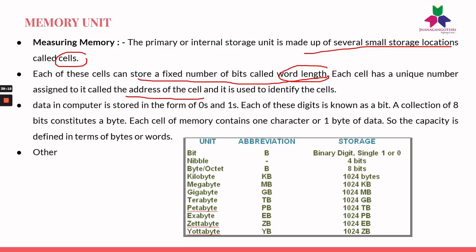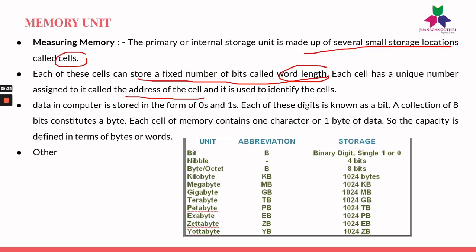So basically, a memory is like a large cabinet which contains as many drawers as there are addresses in memory. Each drawer contains a word, and the address is written on the outside of the drawer. This is an example relating memory to a real-life example.